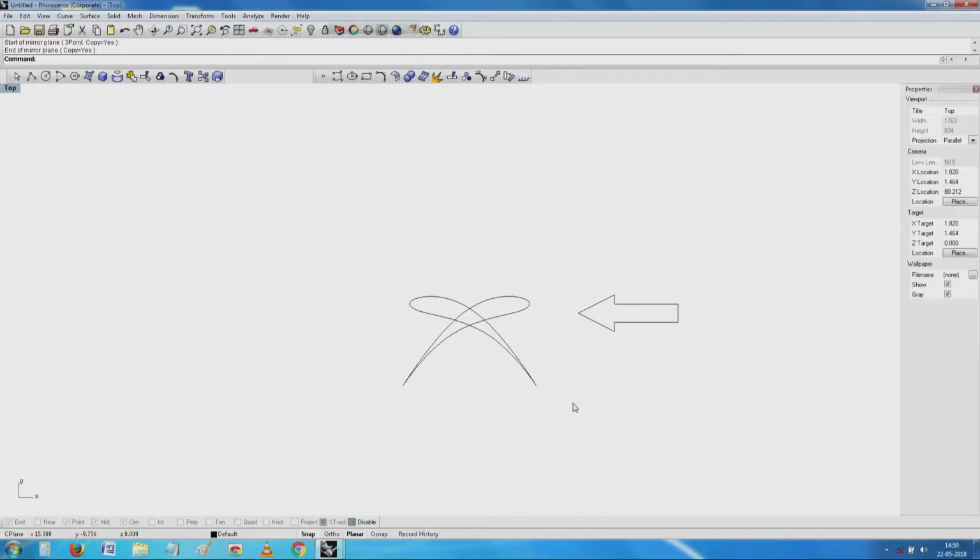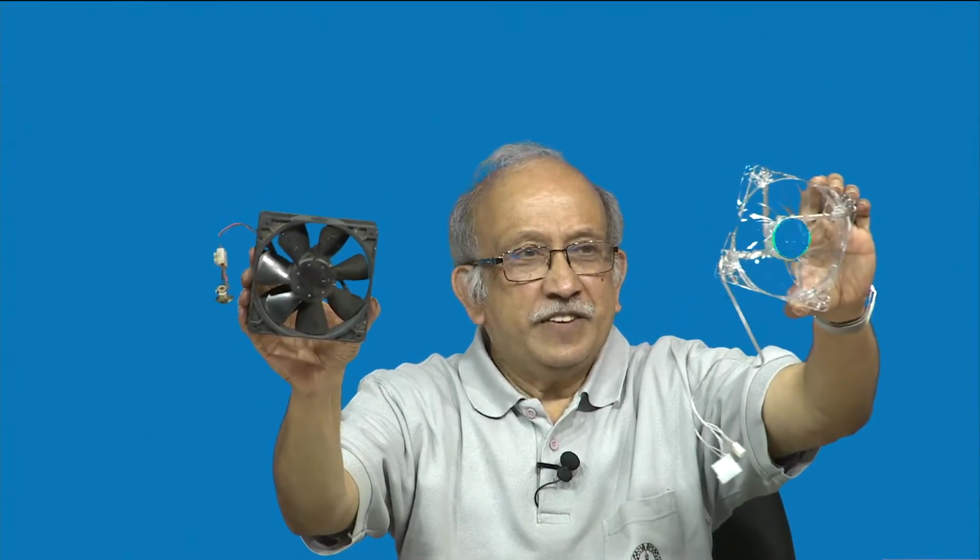And next comes the very, very important thing. Now, please have a look at this. We have so far successfully shown you only fans. This is made with transparent material. Do not ask me why transparent material is required, and this particular one even seems to have some LED and all that. I do not know why it is required. Probably we need to look at things inside. This probably is the same file which was used for printing this. You understand, no? Transparent. I am not very sure what the material is.